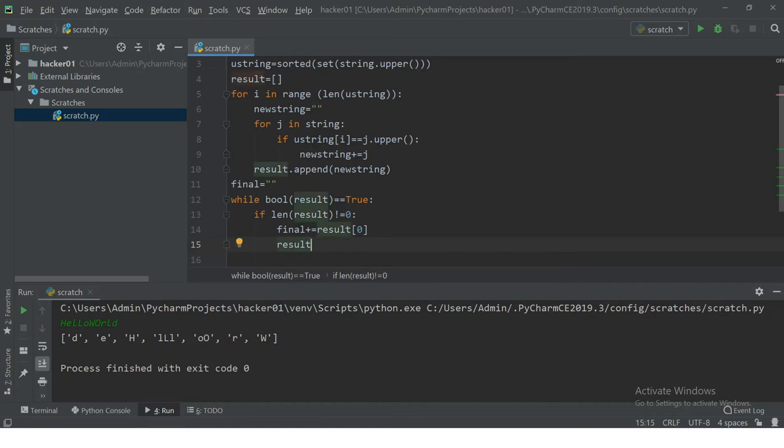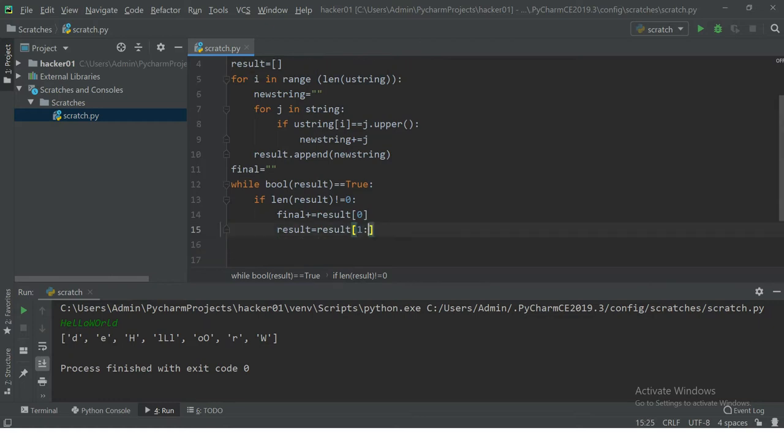So I can also do it like this, result is equal to result, which is slicing. Yeah, it's an intuitive way, but it would work.